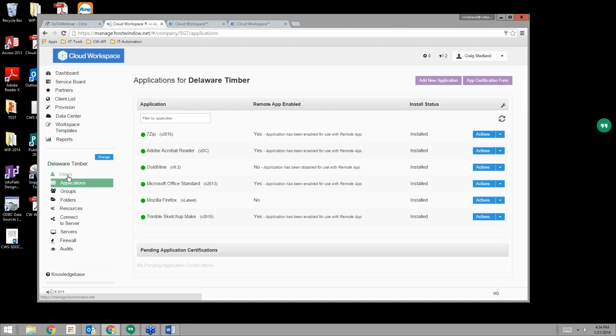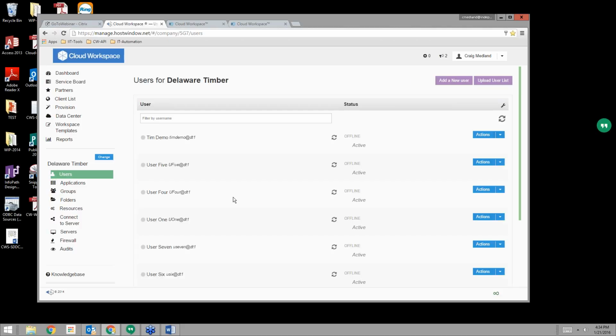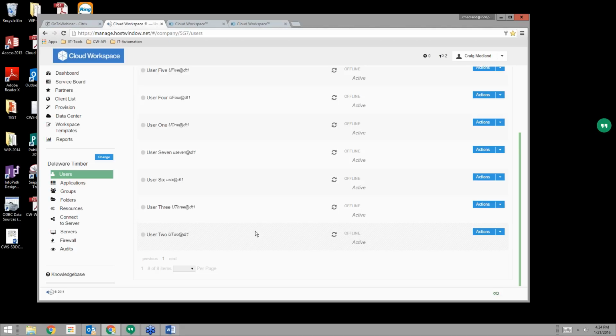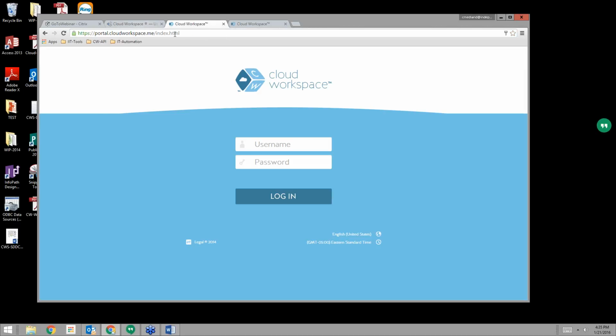I think that's a pretty powerful scenario, especially considering you're on your single pane of glass. So we're going to take that user that we just added, publish that desktop, and then publish an application for them to use on their desktop. So let's say Acrobat Reader or something like that. Sure. So what I'm going to do is I'm going to go in.